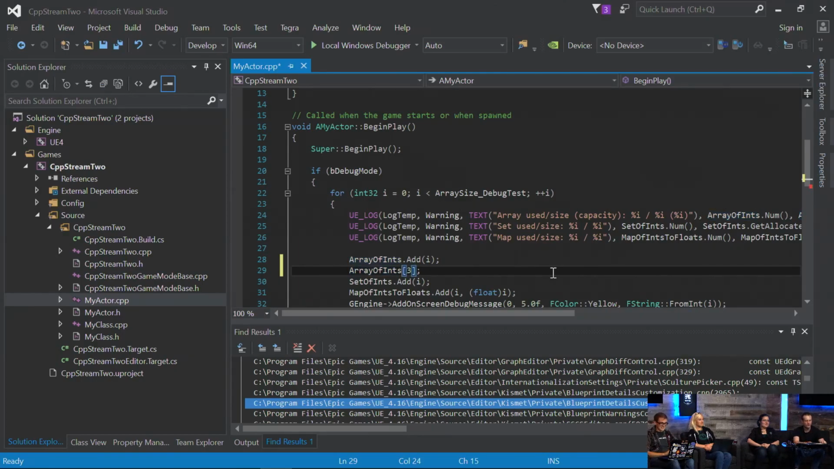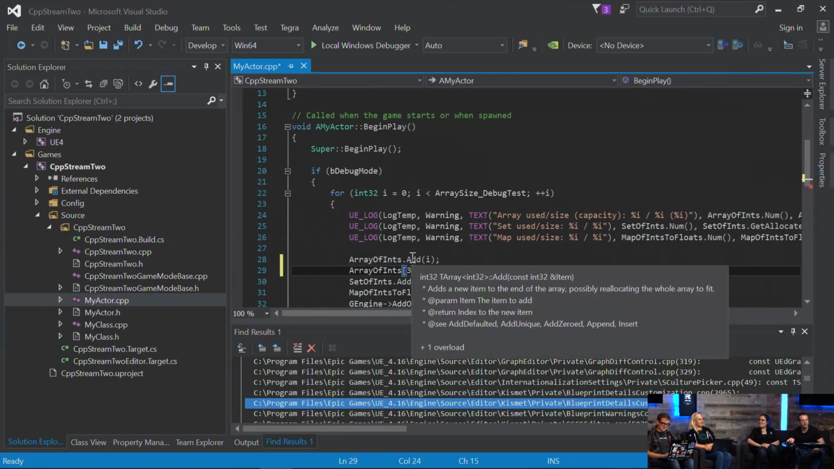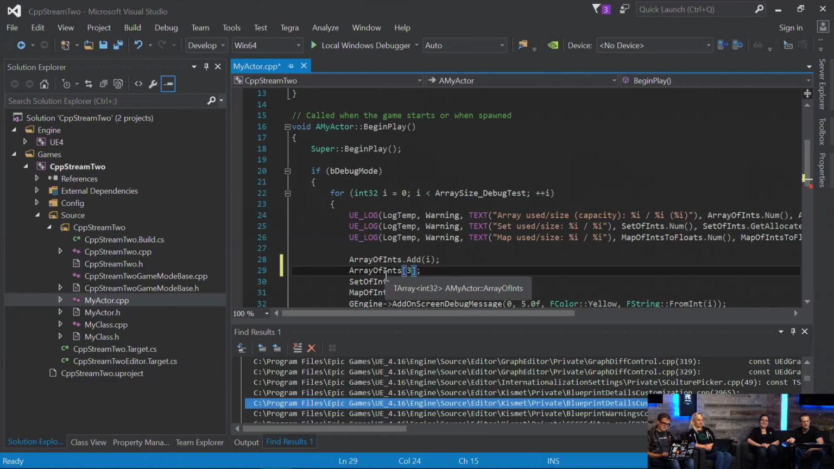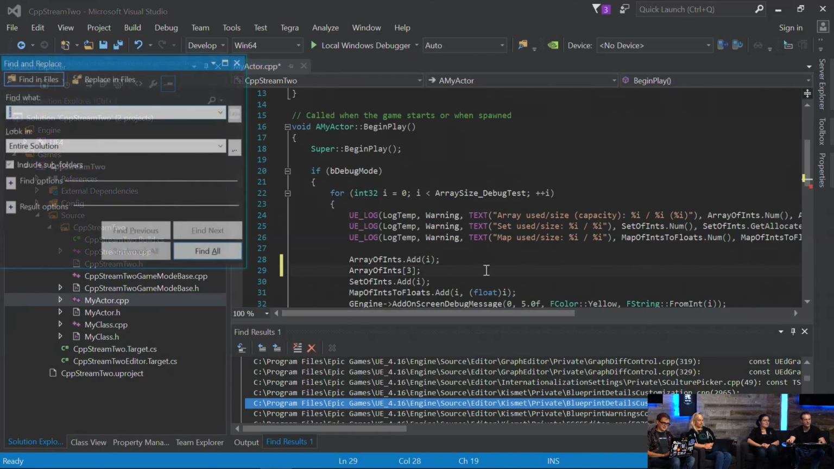However, the way we do this here is, since this is not a native type, it's not just an int or anything like that. This is a T array. So a T array has a special function defined for it. Actually, let me see if I can find